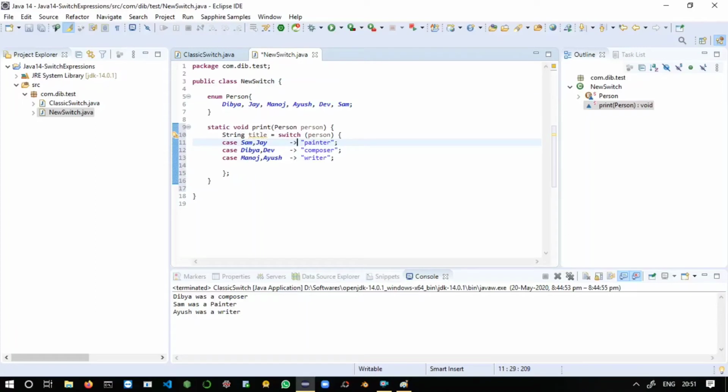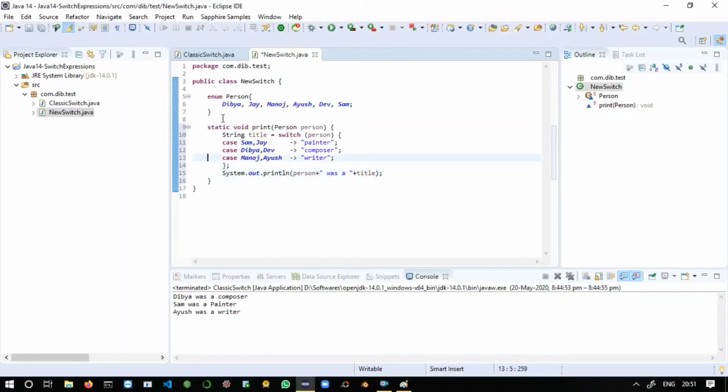Just go outside of this block and print your message. You can print like this: person concat with a string was a, plus again title. Our title will hold all the possible results: painter, composer and writer.